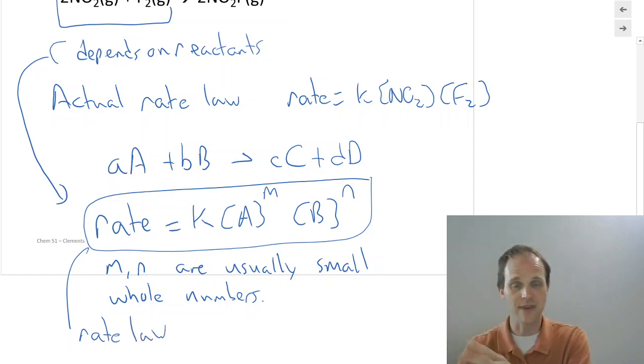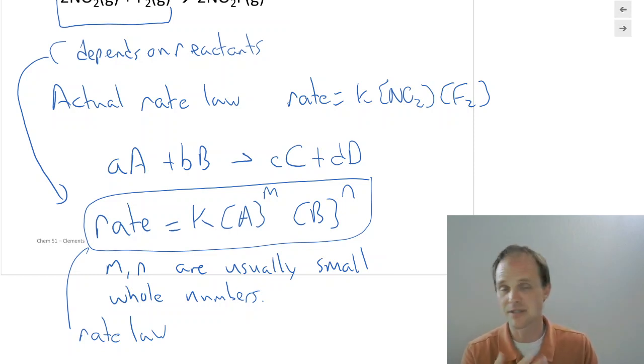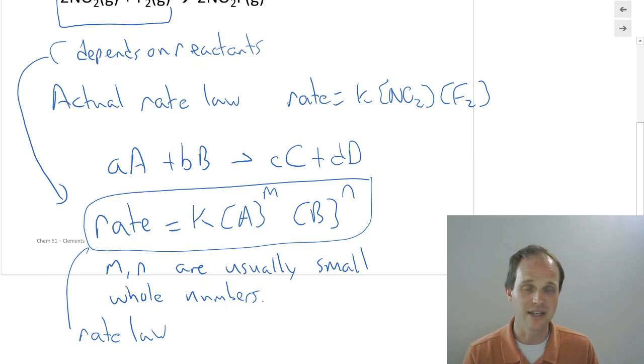The rate law defines how we can calculate the rate based on concentrations. Now, notice concentrations change over time, right? We're reacting these things. So this is at any given moment in time. At any given moment in time, if we know that rate constant, and we'll figure out how to calculate that later on, the concentration of A and the concentration of B, and if we know those powers m and n, we can calculate the rate. Why is it important to know the rate? Well, if you're designing something, you want this reaction to run, you better make sure that your rate is such that it can happen in somebody's lifetime, because if it can't, it's not very useful. Okay? So rate is actually pretty important.